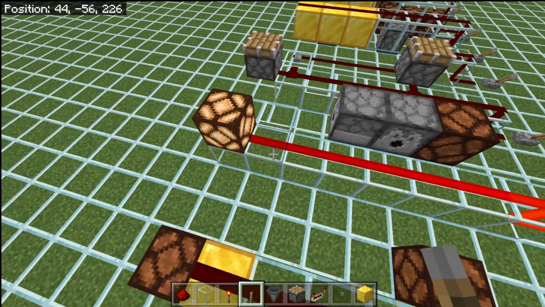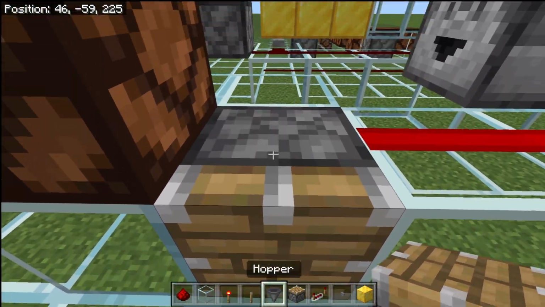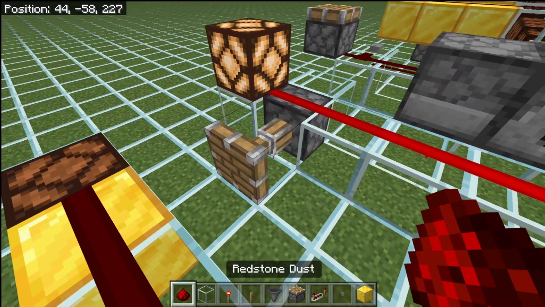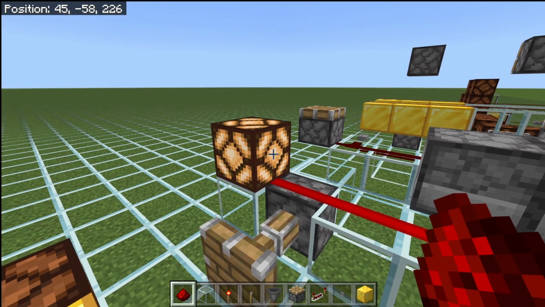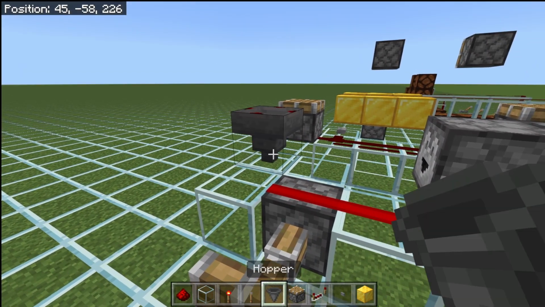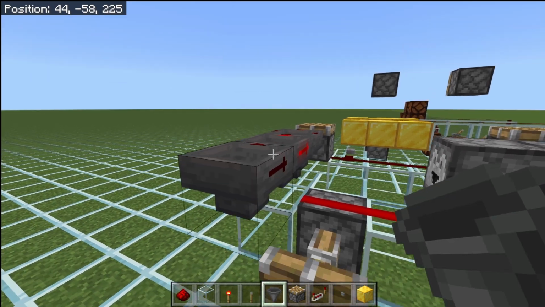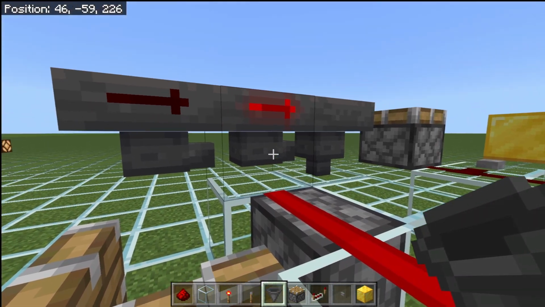The reason being is if we go down here and say we have a piston inside of a circuit that we want to power and we have redstone there. That redstone is going to power this, but it's also going to power that redstone block. Say we don't have a redstone block there, say that we have a hopper line running there. Maybe this is a mob farm or something. You can see that hopper line is now locked because we have that redstone dust going directly into the side